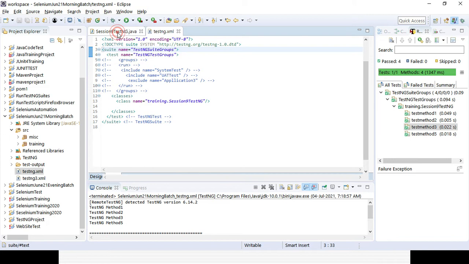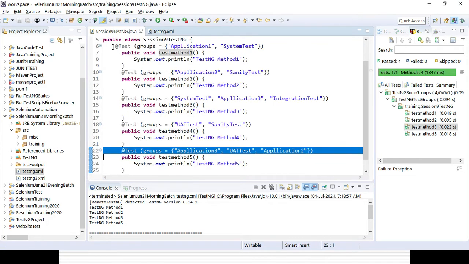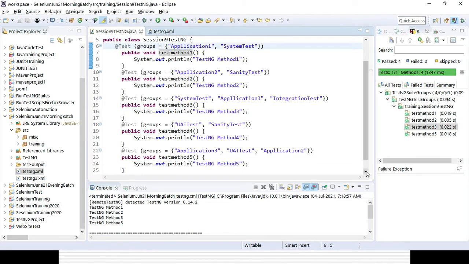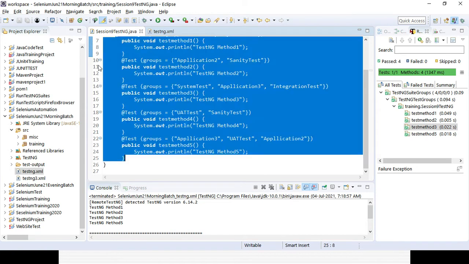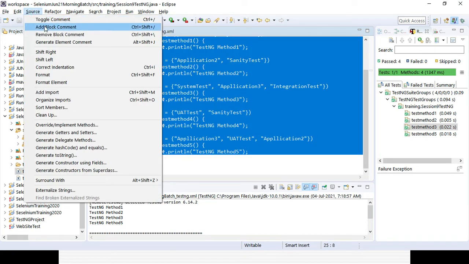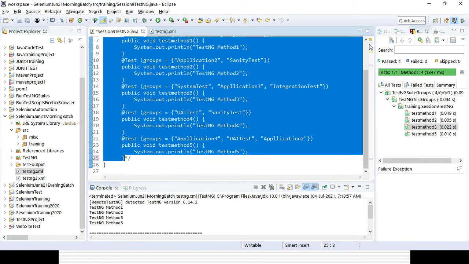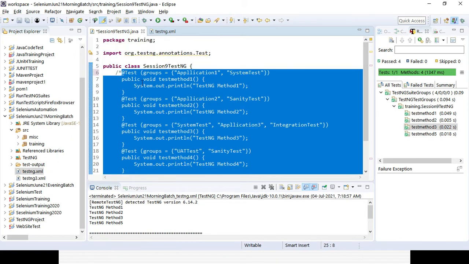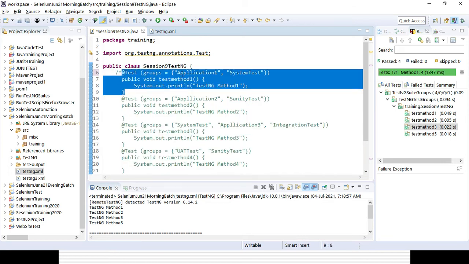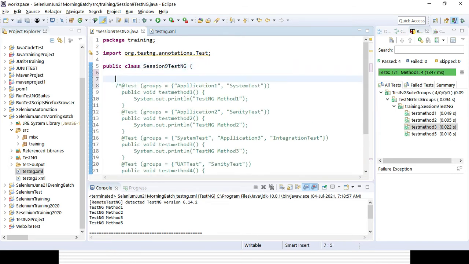So I will show you how parameters play a pivotal role in TestNG. Let's comment out this test case. Let's try to create test cases here. Suppose I create a test case.